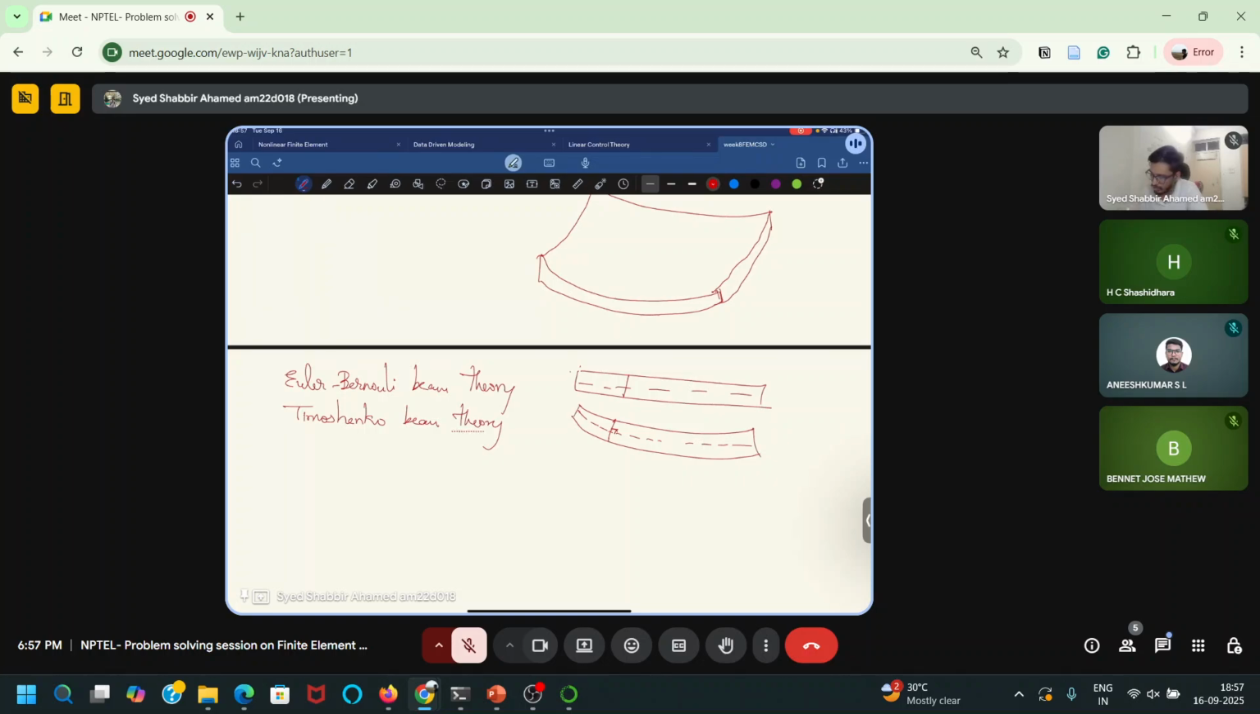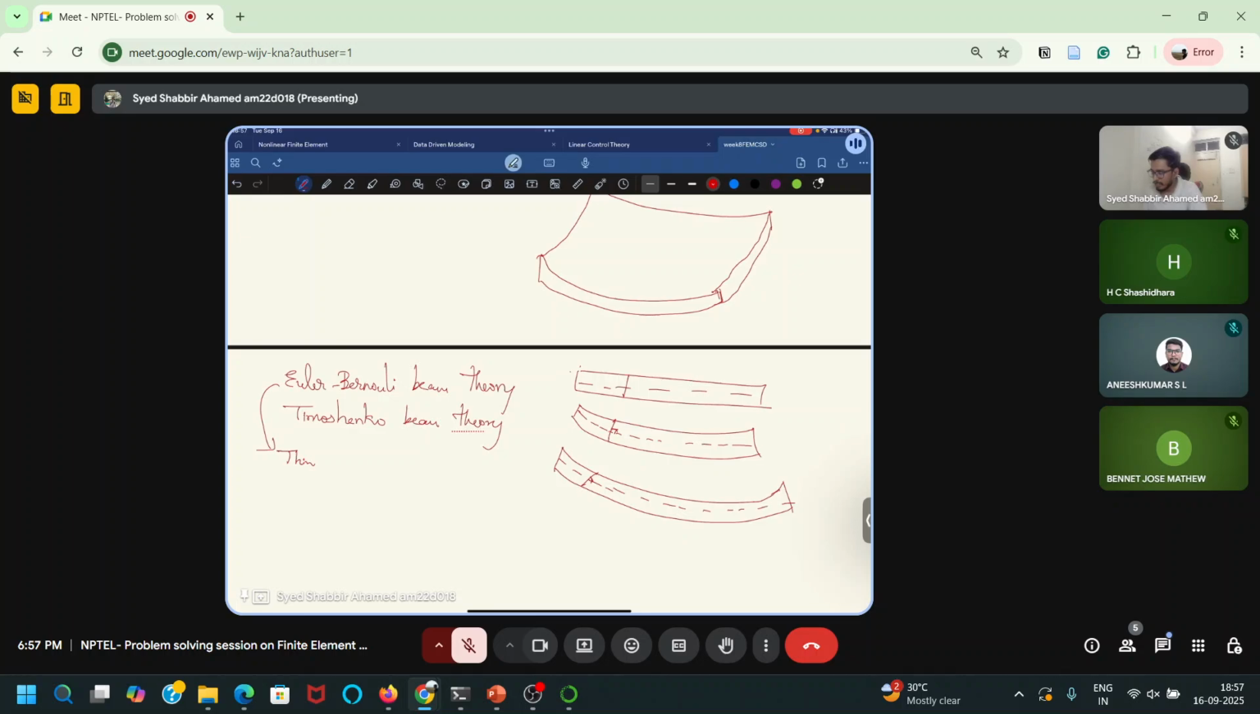When we go to Timoshenko beam theory, our assumption relaxes a bit, and we make it closer to reality. We assume that the plane section will still remain plane, but it will not be perpendicular; it will make some angle with the mid surface. This is what we use for thin beams, where the depth of the beam is less,